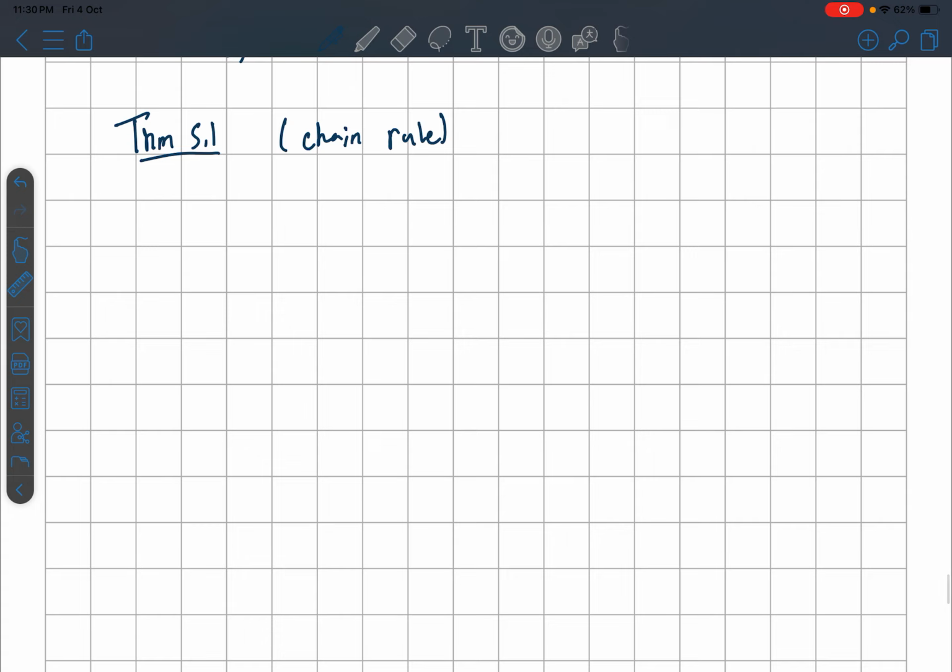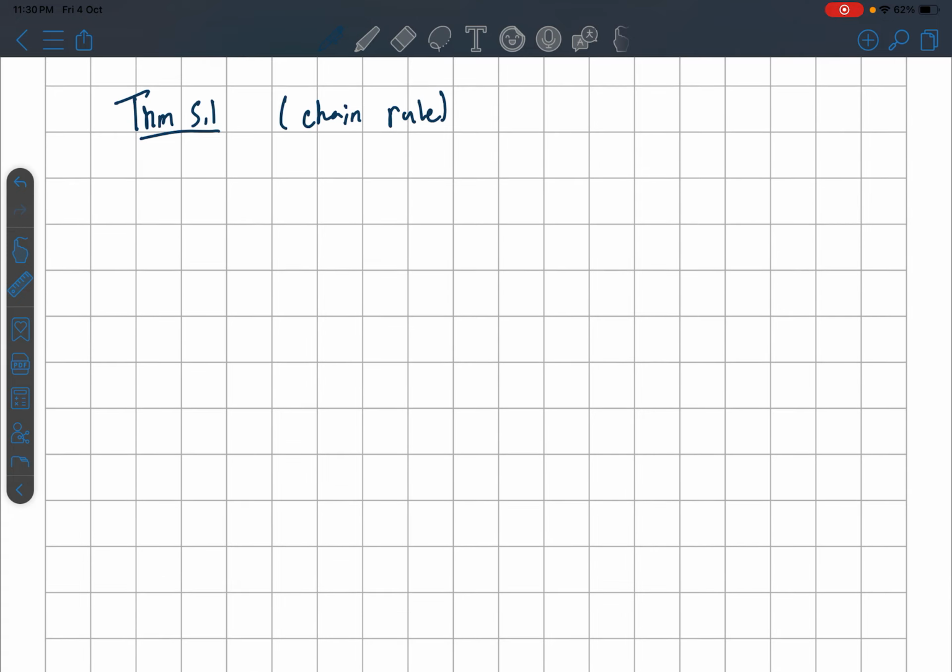If we have d over dx of f(g(x)), so we want the derivative of f of g(x), you can write it as f prime of g(x) times g prime of x,